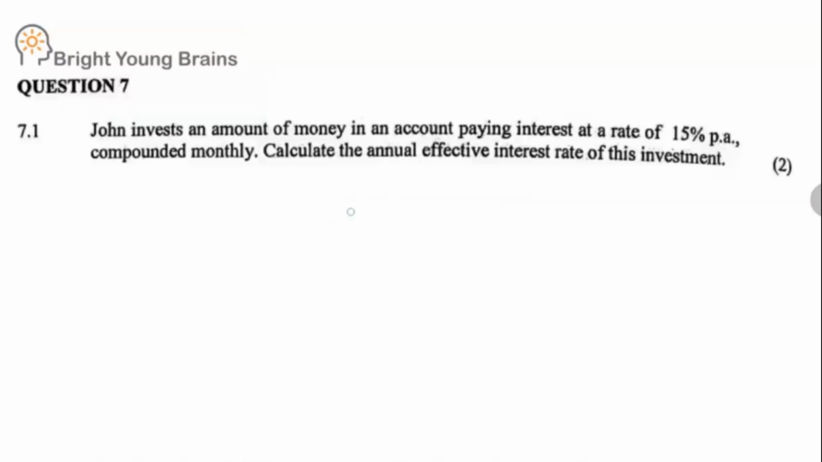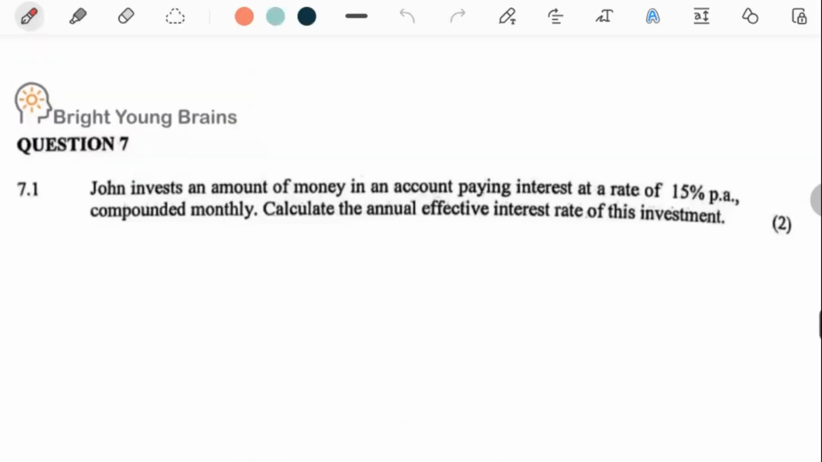Interest at a rate of 15% per annum compounded monthly. Calculate the annual effective interest rate of this investment. So your effective interest formula looks as follows. (1 + i_12/12)^12, and it says plus 1 is equal to